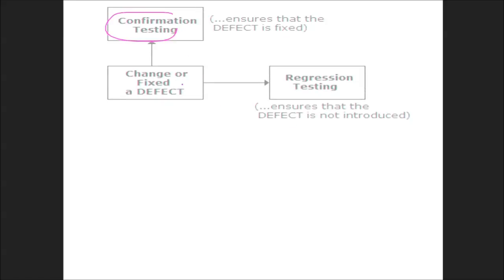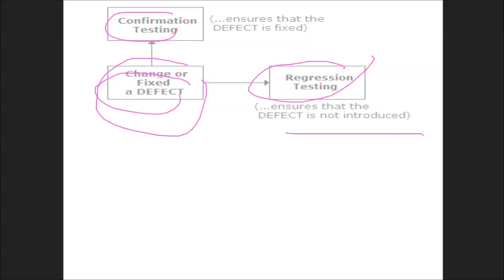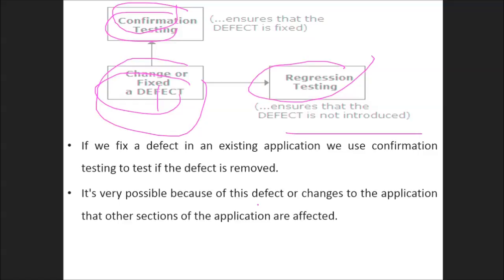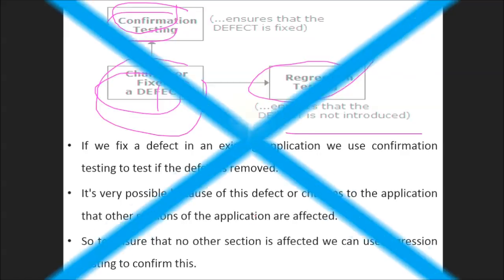So confirmation testing, first see this change or fix a defect. So when we change or fix a defect, you do regression testing to ensure that no defect is introduced because of this changing and fixing of the defect. And the other, confirmation testing, is ensuring that the defect is fixed. So if you fix a defect in an existing application, we use confirmation testing to test if the defect is removed. It is very possible that because of this defect or changes to the application, other sections of the application are affected. So to ensure